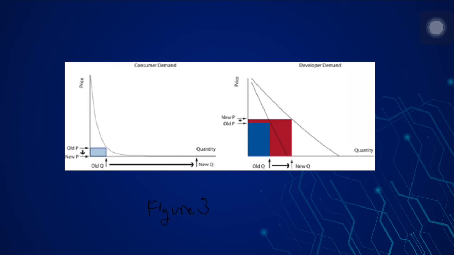When it's free for the reader, the demand shifts outward from D1 to D2. That means Adobe can increase the demand for the document writer. So